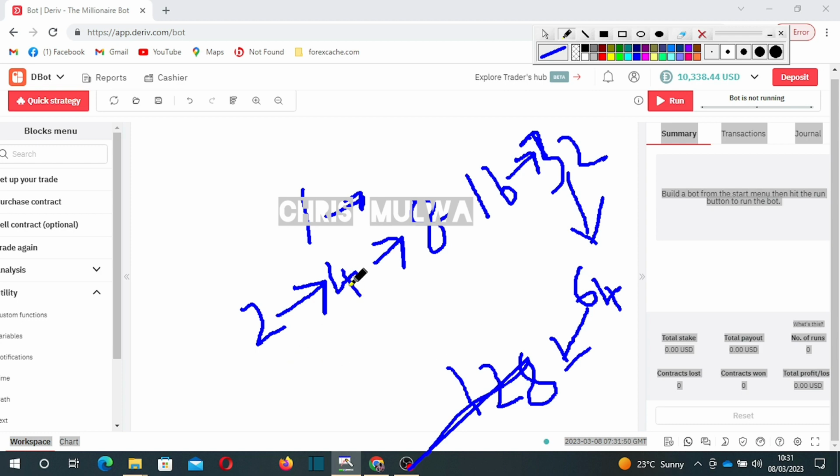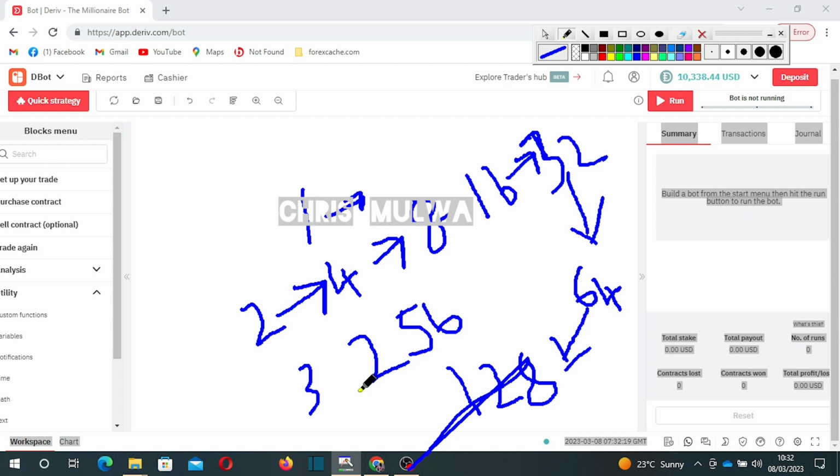This was the first one. 1, 2, 3, 4. So within like 4 consecutive losses, you will lose around 128. And if you get around 5, it's very disastrous, because you will get around 256